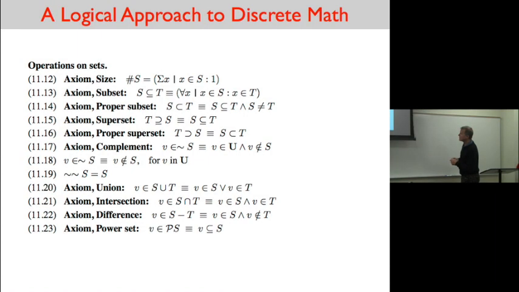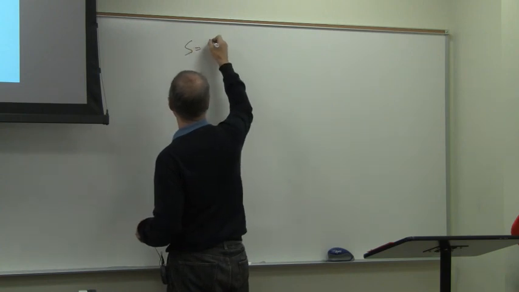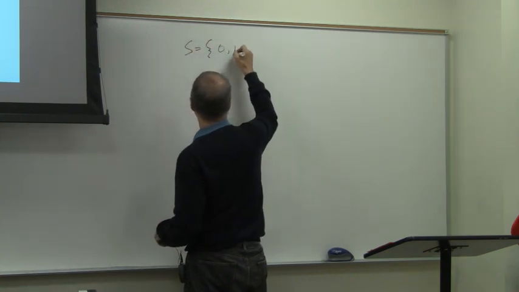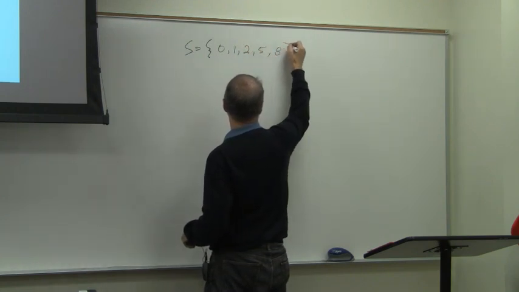So here what we're saying is S is a subset of T. Let S be the set {0, 1, 2, 5, 8}, and T be the set